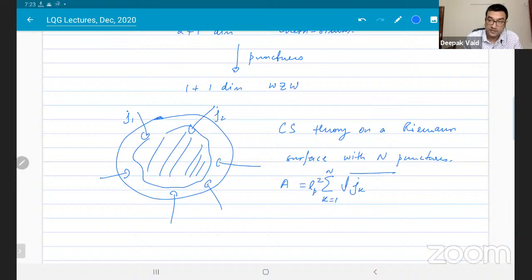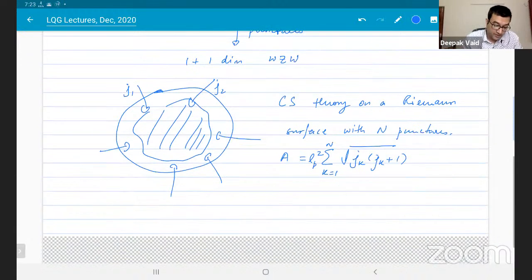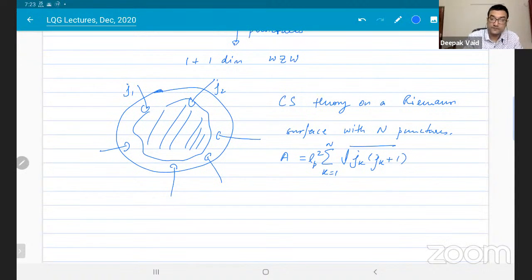L_P is the Planck length, so this is L_P squared. So it's the sum of the areas associated with each puncture, right? And the Hilbert space is the space of